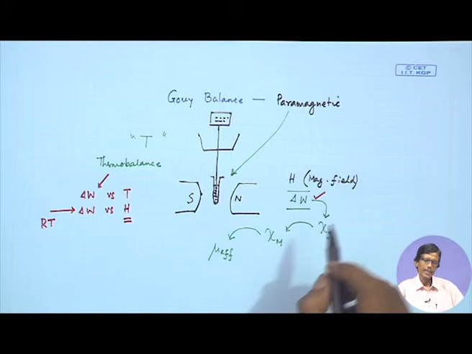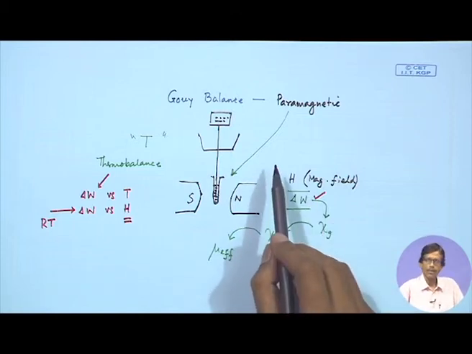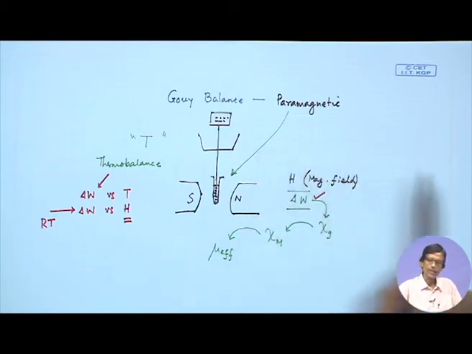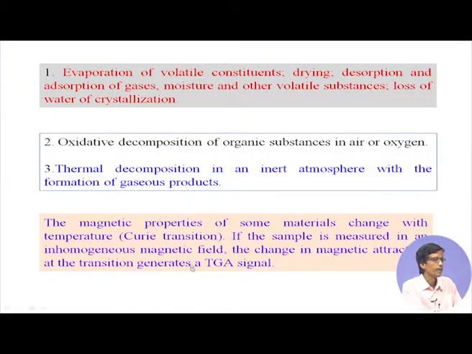So, different magnetic materials can be characterized in that way, and one such characterization is the ferromagnetic behavior. So, the magnetic properties of some of these materials, what we want to see with the temperature change. So, there is the Curie transition. We all know the temperature effect, that is why some of these measurements we do at a very low temperature, because the temperature effect is always there on the magnetic samples.